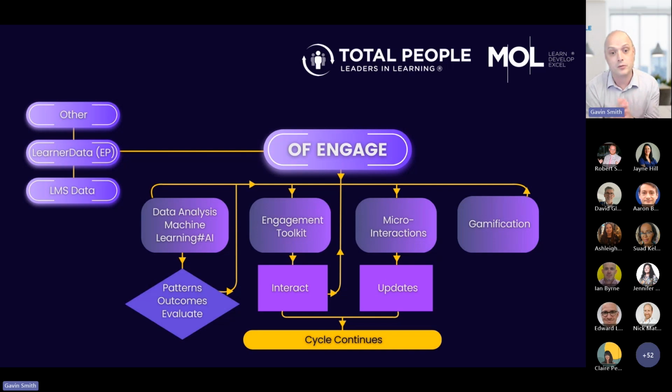So with the micro interactions, we have the ability to send them a text message, send them a prompt to say, can you sign this? And then that signed document from them updates the system. We can then maintain that interaction with them, maintaining them on program, as opposed to what happens with us, which is they go onto breaks in learning because they haven't interacted with their apprenticeship for a period of time.